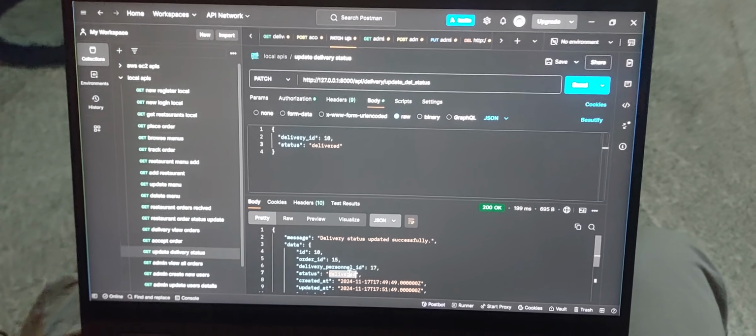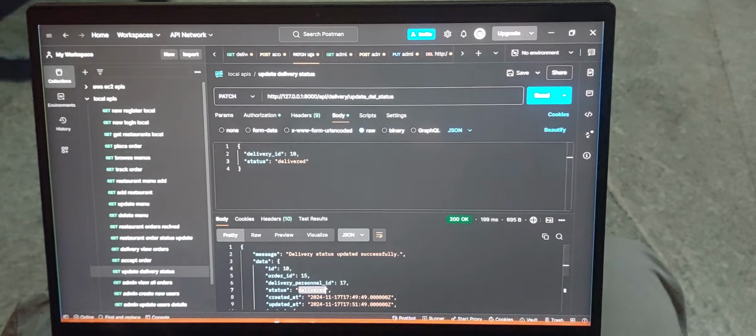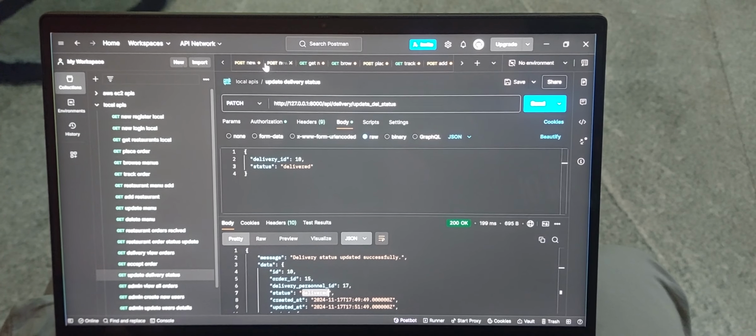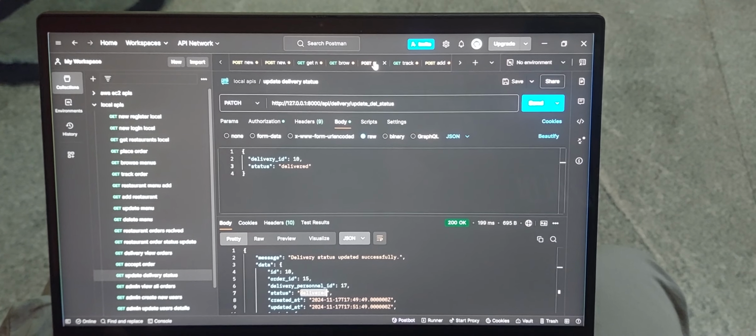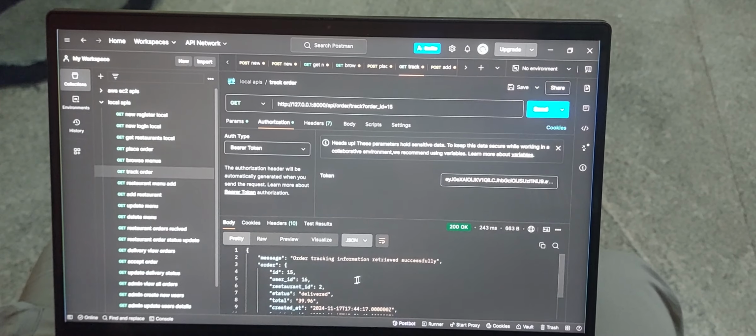So the order gets delivered, and the order will be moved out of the delivery agent's cart. Here the customer can see the delivery status of the order as delivered